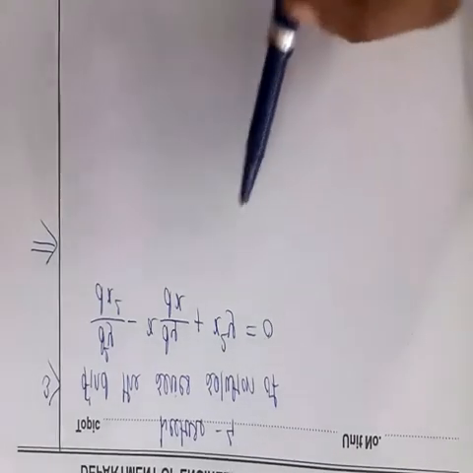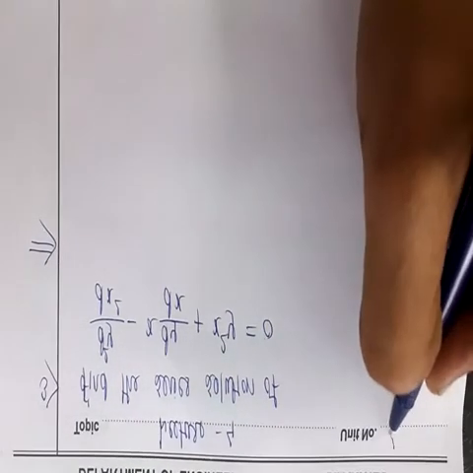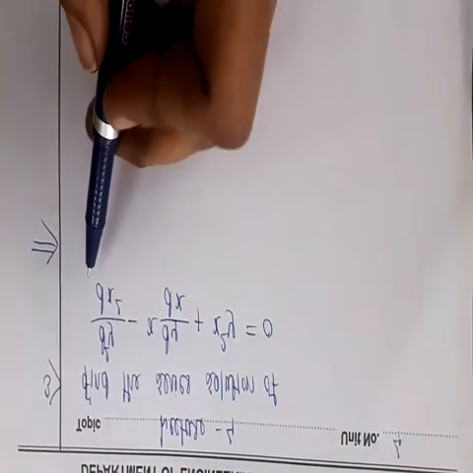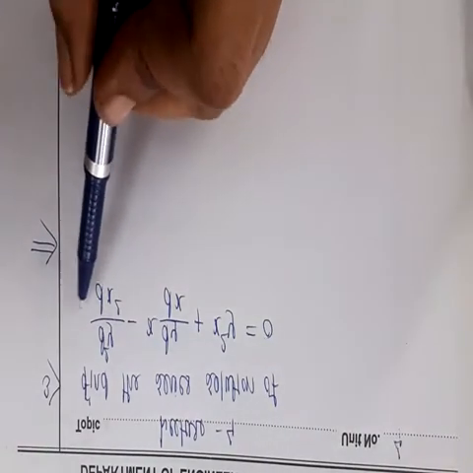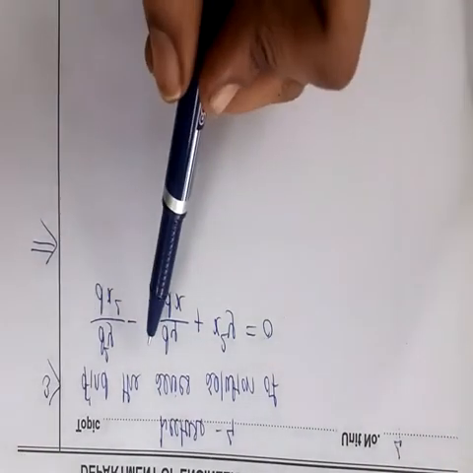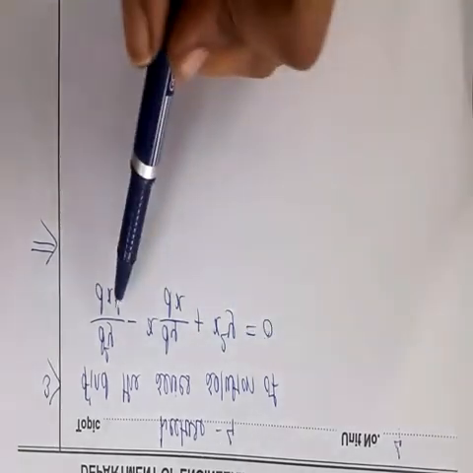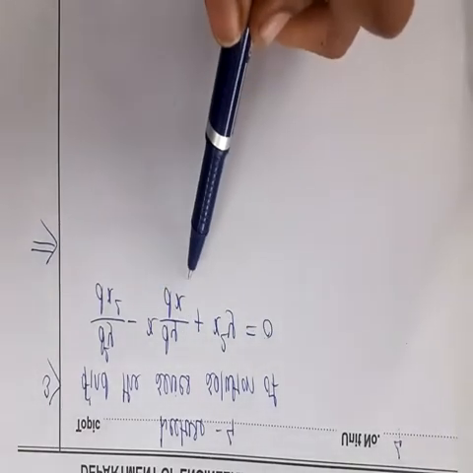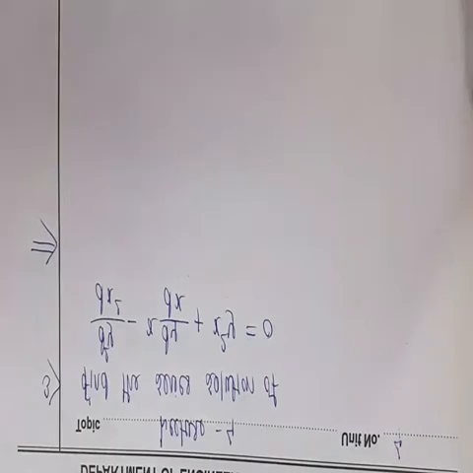Welcome you all to lecture number 4 of unit number 4, examples on power series method. For the third example: find the series solution of d2y by dx square minus x into dy by dx plus x square into y is equal to 0.